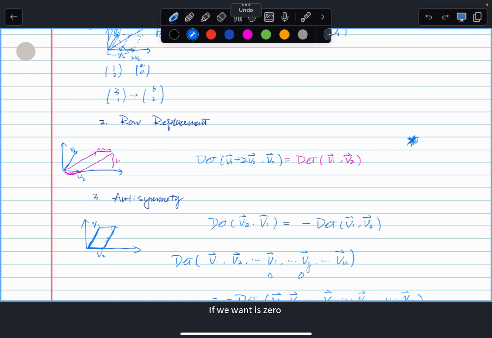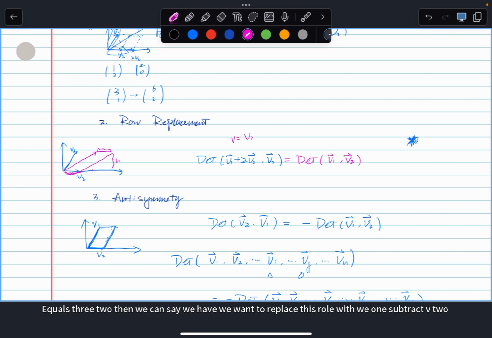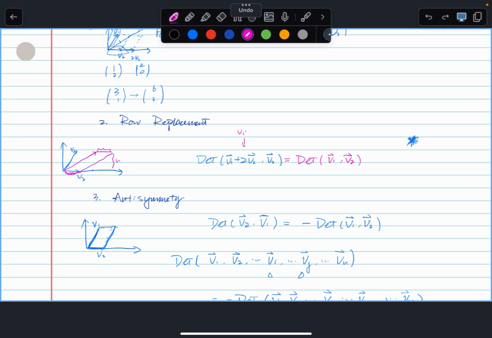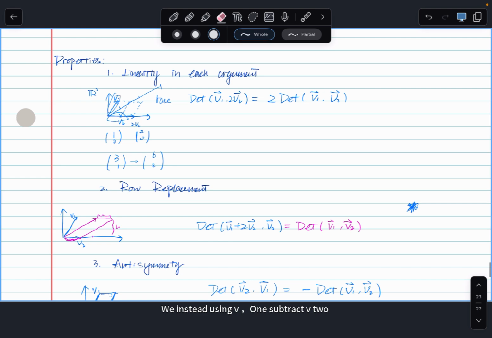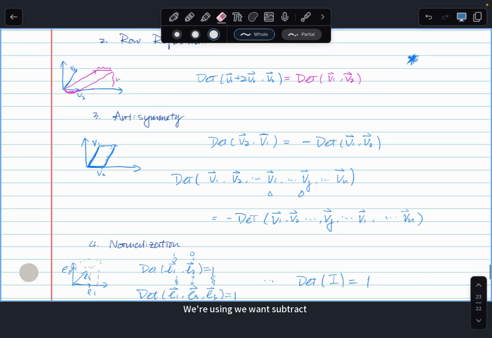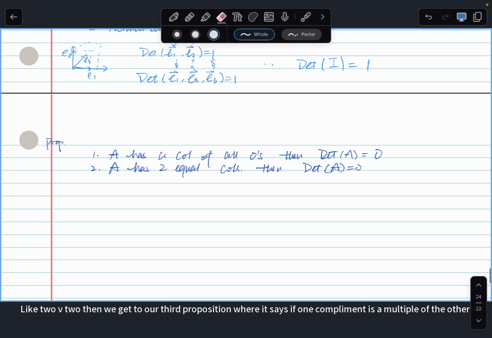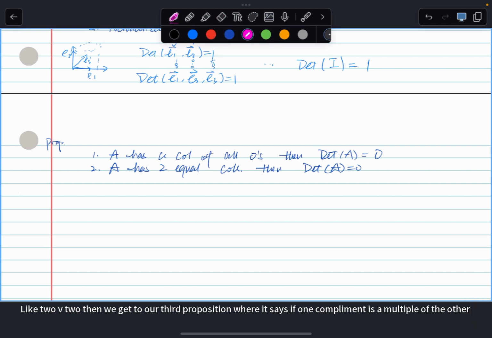If v1 equals v2, then we can replace this row with v1 subtract v2, and then we will have a column with all zeros. Very similarly, if instead of v1 subtract v2 we use v1 subtract 2v2, then we get to our third proposition,